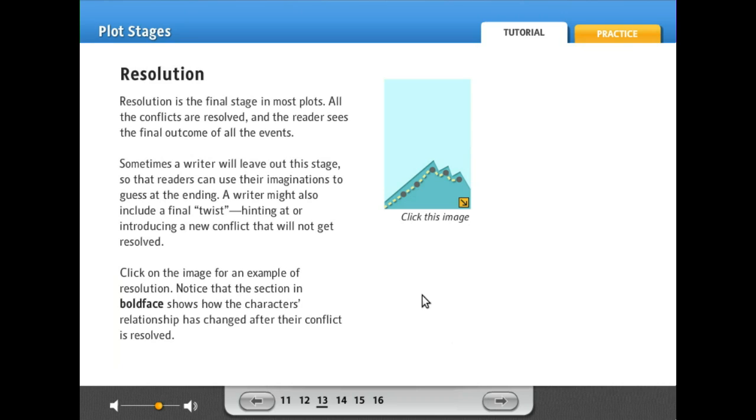Resolution is the final stage in most plots. All the conflicts are resolved, and the reader sees the final outcome of all the events. Sometimes a writer will leave out this stage so that readers can use their imaginations to guess at the ending. A writer might also include a final twist, hinting at or introducing a new conflict that will not get resolved. Click on the image for an example of resolution. Notice that the section in boldface